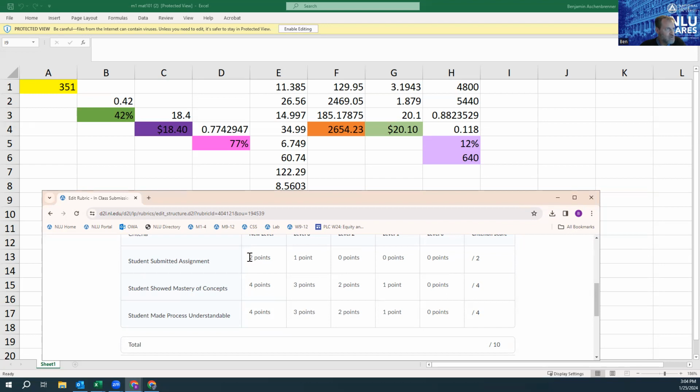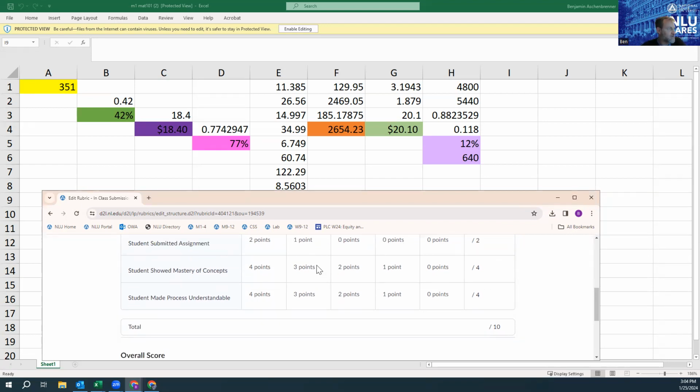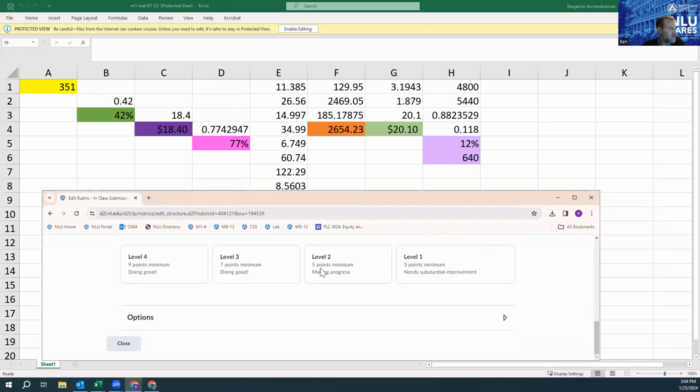Most of the time, this is a 2 if you submitted something that has work in it. Sometimes I struggle a little bit here because if you submitted something but you showed no work, then you didn't submit work. And if you look at the subtitles of this, which I don't think show up here,